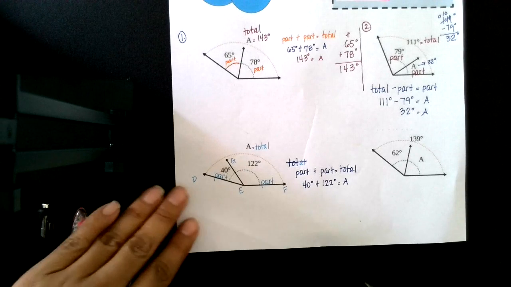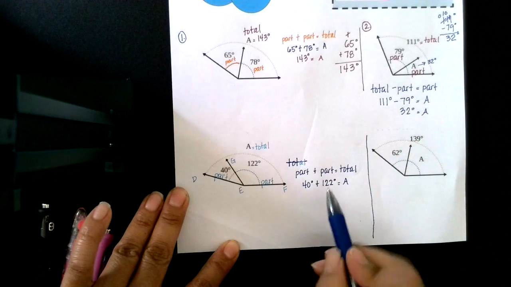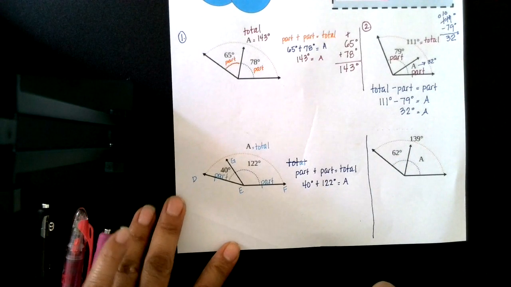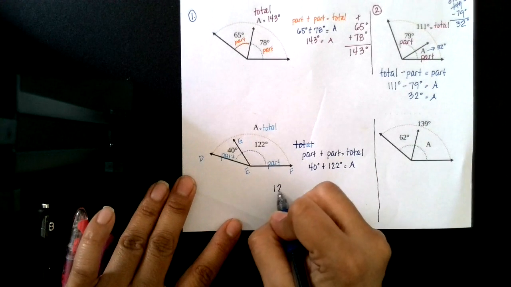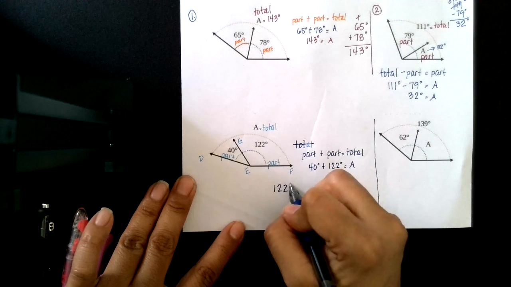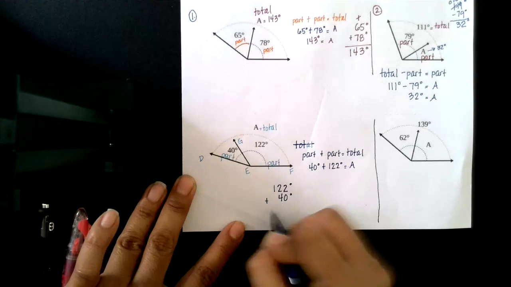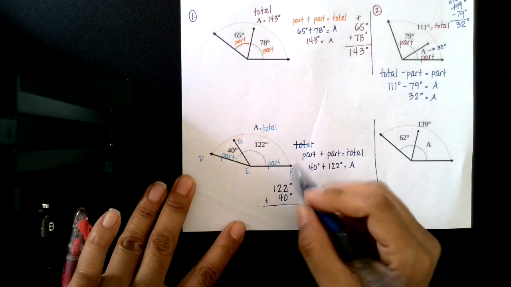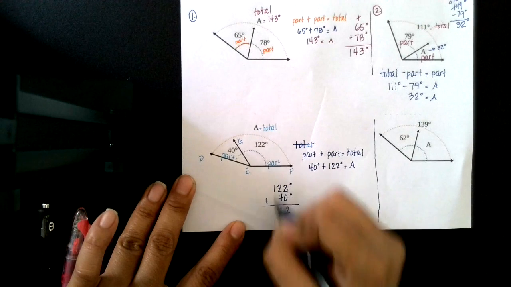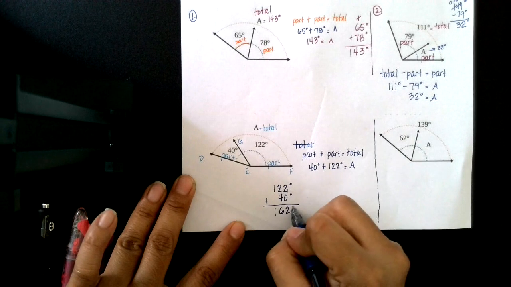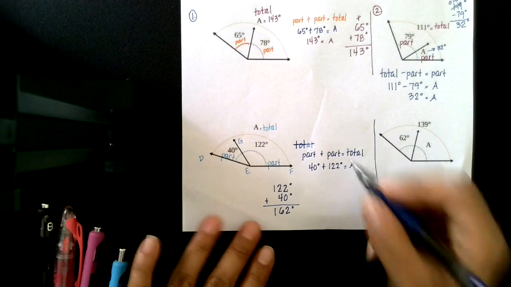And then you just add as usual. I prefer, you can do either way. I just find it best to write the number with the most digits on the top. So 122 degrees, being careful to line up your digits, plus 40 degrees. And then it's basic addition. Start with your ones place, 2 plus 0, 2, 2 plus 4, 6. 1 plus 0 is still a 1. Okay, so you have 162 degrees